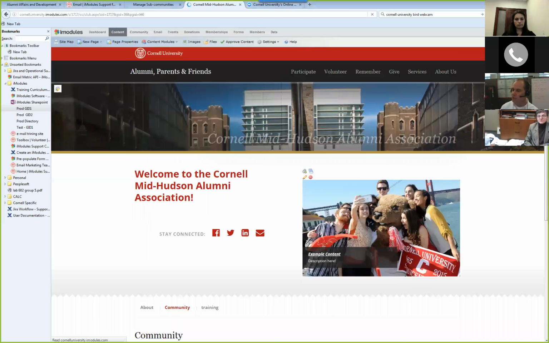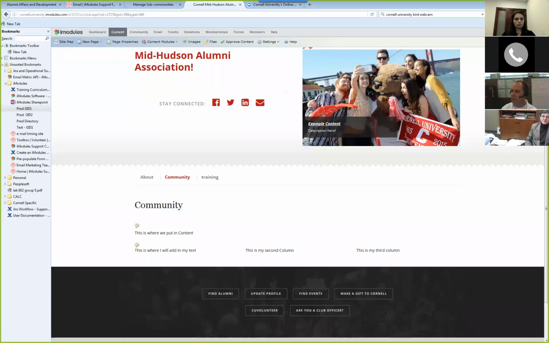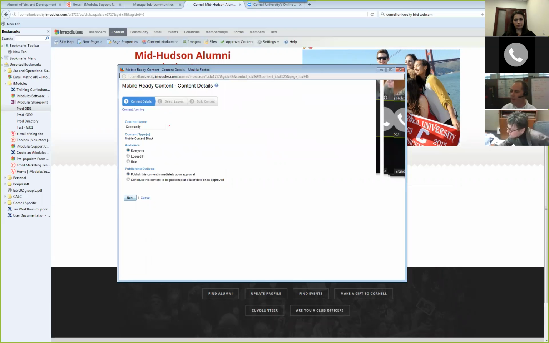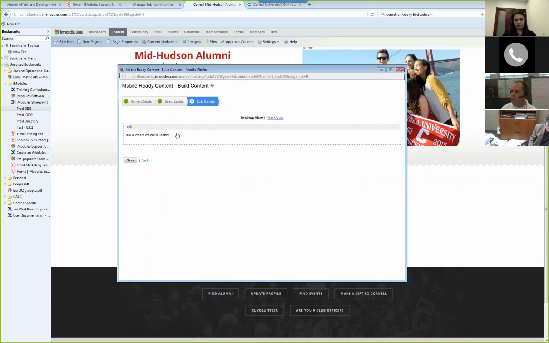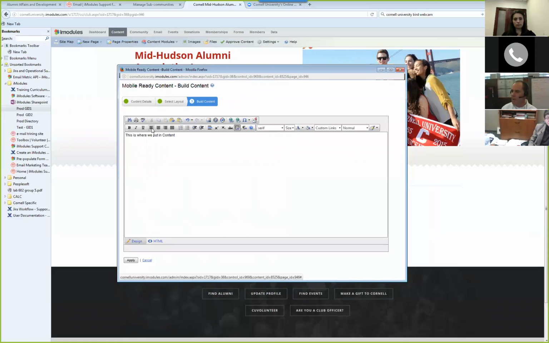So another thing we can do is store images. I can, again, open any block I want to, edit this community. My window pops up. Again, I'll be hitting this next button. I would just leave this all alone. I can open up my block, hit the edit button, and then play with some stuff here. Across left or right, if you put your cursor over top of these buttons, it'll tell you what they do. I can place in plain text, or I can paste in a Word document.